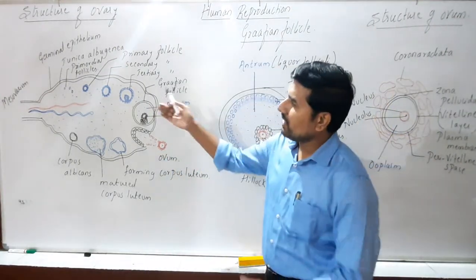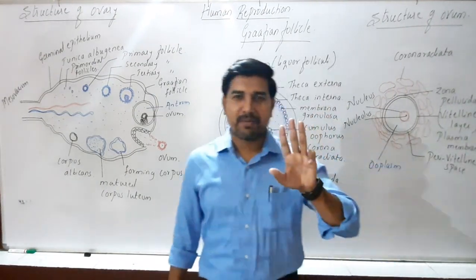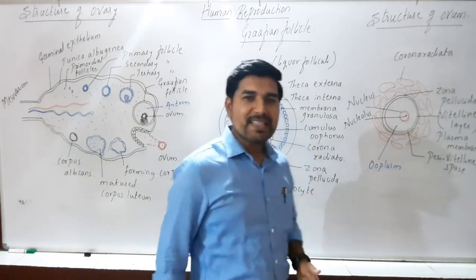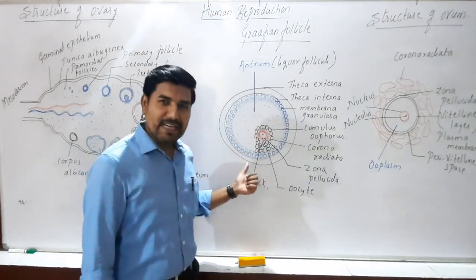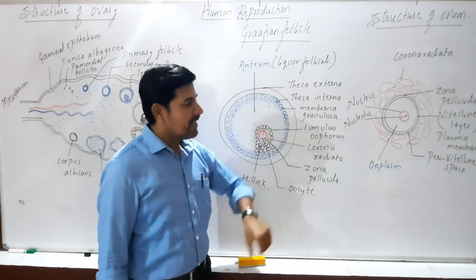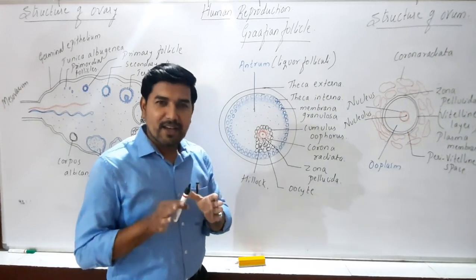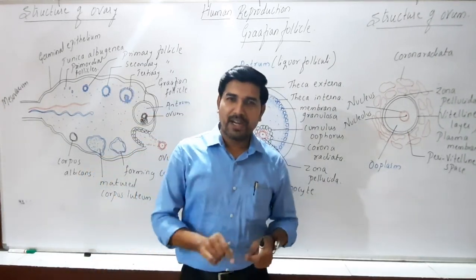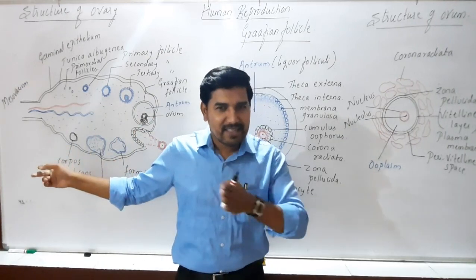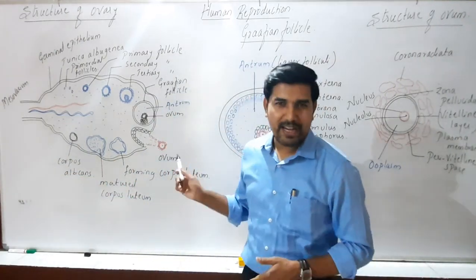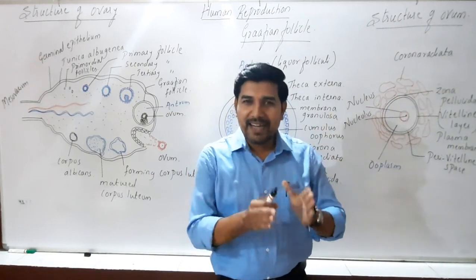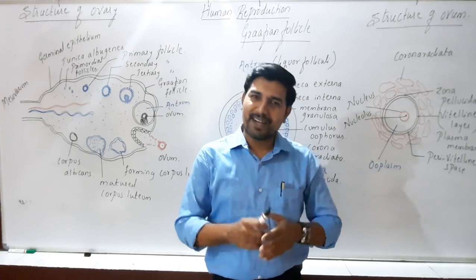Okay. Now here in this class we came to the diagrammatic representations of three. First one is the structure of the human ovary. The second one is the structure of the Graafian follicle. Third one is the structure of the human ovum and its labelings. Now the major thing is, in the ovary, ovum is produced in the matured follicle called Graafian follicle, that is released by the process of ovulation, and this ovum gets fertilized in the fallopian tube and hence gets implanted to carry the pregnancy.